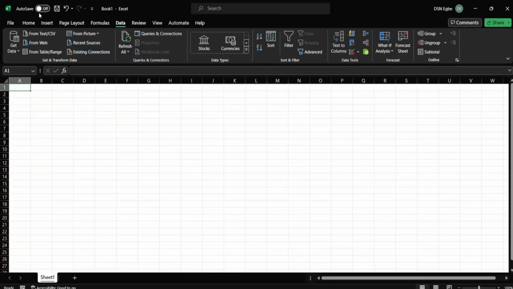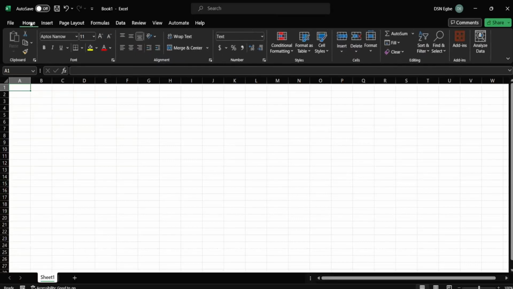Okay, so we are going to be working through data validation. Data validation helps you validate a particular input so that you can be sure that this particular input comes in. You use data validation in cases where you have to share a spreadsheet with someone else, or maybe two people are working on the same spreadsheet at the same time. In order to make sure that the same kind of data that is expected is inserted,